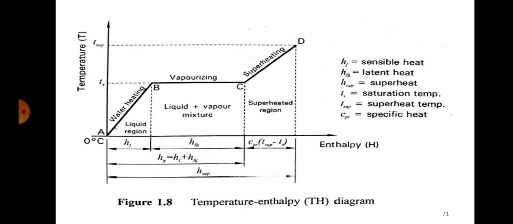Okay, so this is how formation of steam takes place, and this is what you have to very elaborately explain in the exam when it is asked. If this question is asked, you will draw this graph properly and explain what is point A, point B, point C, point D, what is happening from O to A to B, between B to C, and between C to D. Meanwhile, you will also have to define these terms: what is sensible heat, what is enthalpy of evaporation, latent heat of evaporation, what is amount of superheat, what you mean by T saturation, and by T superheated. Everything has to be explained in detail.